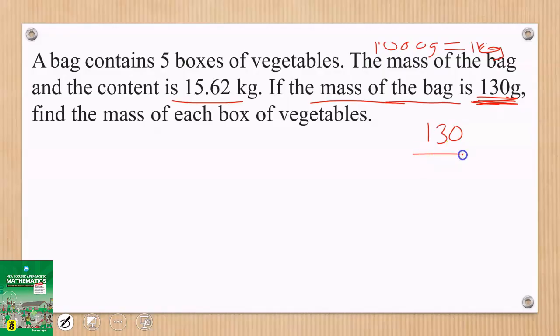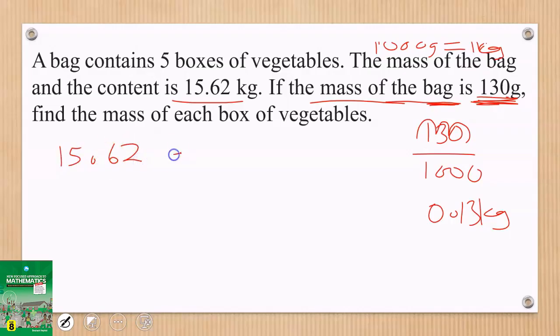So for us to convert this from gram to kilogram, we divide by 1,000, which means we just move the decimal point 1, 2, 3 places, so that we have 0.13 kilogram. So that is that. Now, it means that the mass of the bag alone is 0.13 kg. So we are going to do